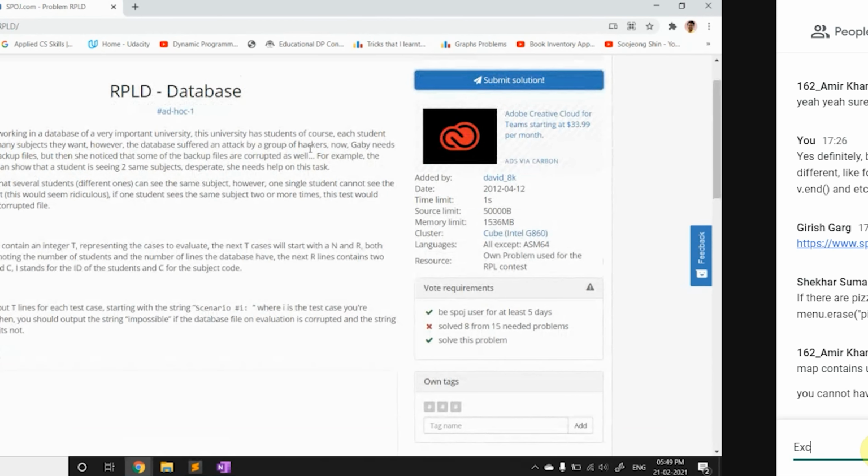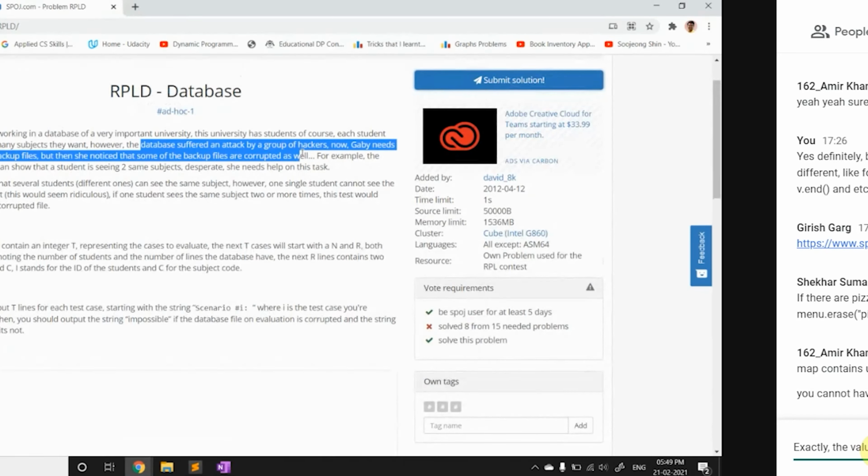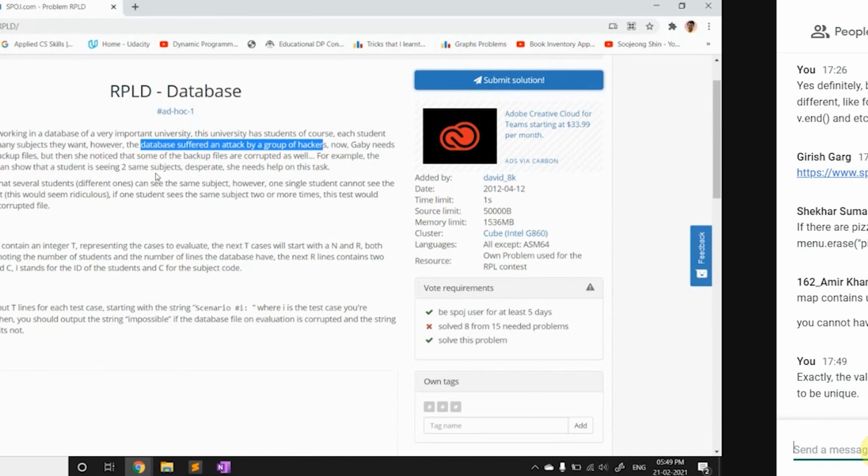The question says that the database suffered an attack by a group of hackers. For example, the backup file can now show that a student is seeing two same subjects.